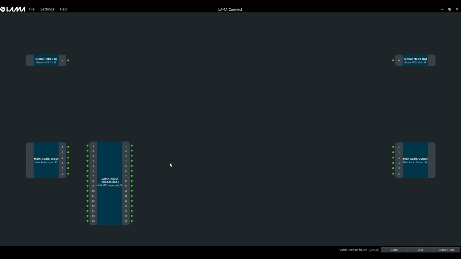Now we have our DAW connected, let's move on to setting up our NDI streams. NDI is a protocol for sending video and audio over IP. With LAMA Connect, we've improved NDI audio by supporting up to 256 channels per stream or 255 channels when using NDI Bridge. This makes it ideal for transmitting large channel counts over a local network or over the internet using